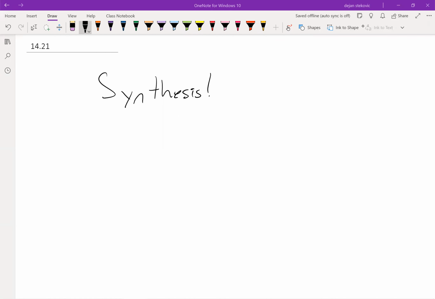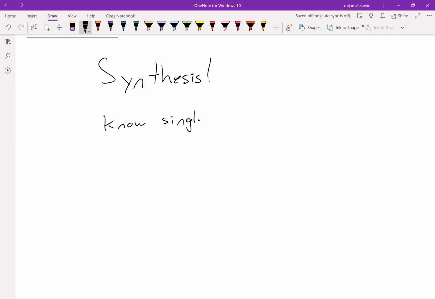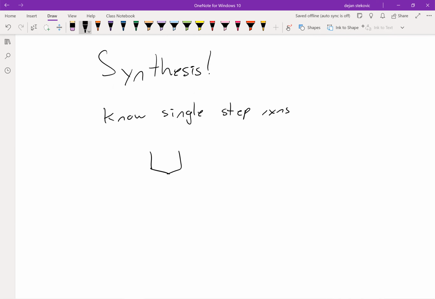All right, so now time for the fun stuff, synthesis. So what we want to do here is take multiple steps to create more complex products, right? So before we can do synthesis, we need to know all of the single step reactions, right? So you can have this on a note card or something, but over time, you definitely want to essentially